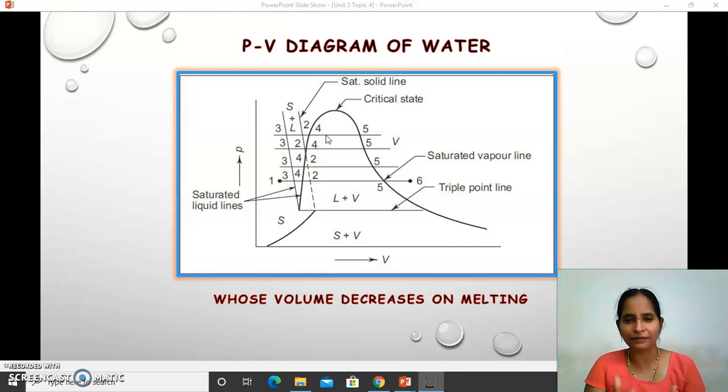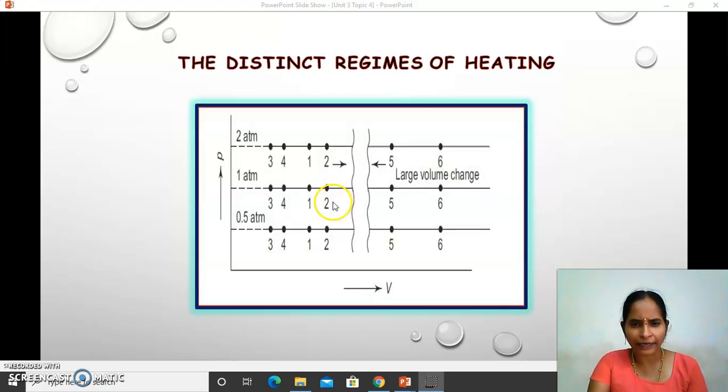Okay, and we have to observe whether that liquid can have two saturated points, either with respect to ice or with respect to vapor. Okay, so here point 1 is at minus 10 degrees Celsius, again I am repeating. 1 to 2 is minus 10 degrees Celsius to 0 degrees Celsius, and at constant 0 degrees Celsius all the ice is melted and converted to water, and 2 to 3 again heating takes place, and further heating takes place.